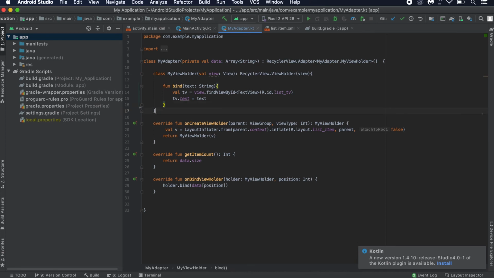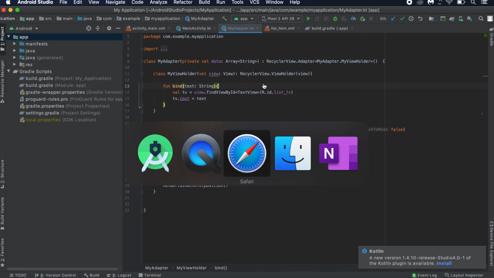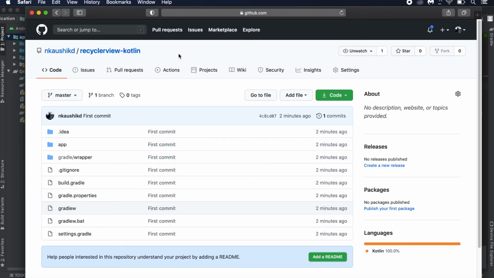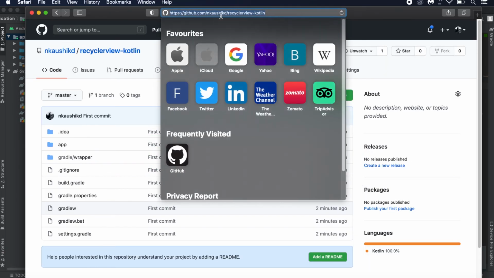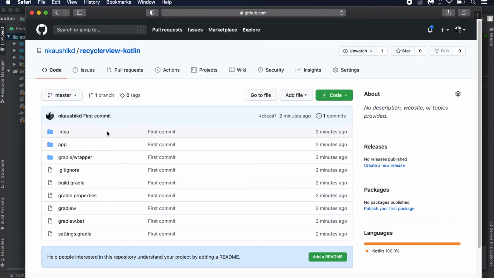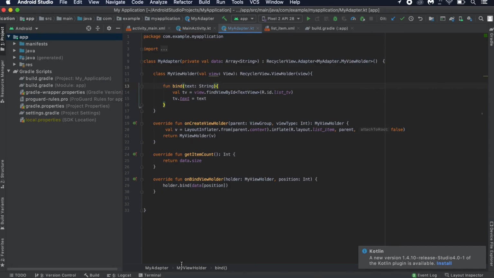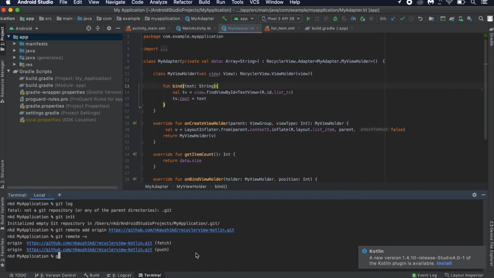So that's it for today. I have posted this on recycler view Kotlin, so you can go to your GitHub and check it to follow along the recycler view tutorials. I will also add some tags here. Let me add one tag, git tag, it's tutorial 1. Now if I write git push origin master,